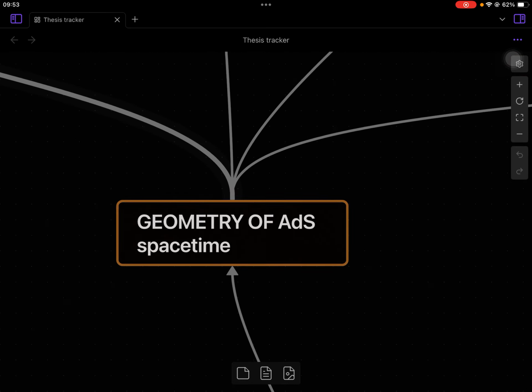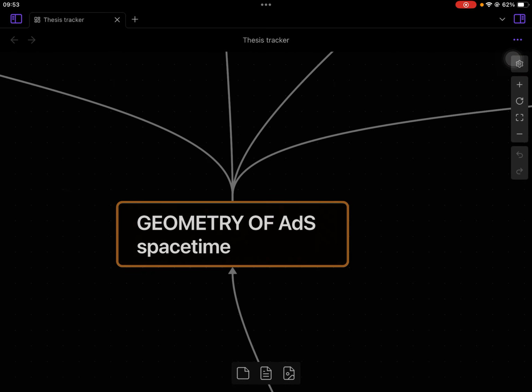So AdS space-time, anti-de Sitter space-time, is a solution to Einstein's field equations when you have a cosmological constant, and anti-de Sitter space is a constant negative curvature surface. Depending upon your sign convention, this either means your cosmological constant is greater than 0 or less than 0. That depends on your convention, but the curvature remains. The constant negative curvature gives you the anti-de Sitter space-time.